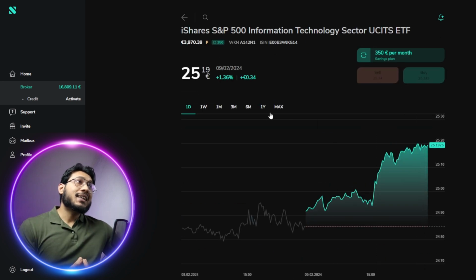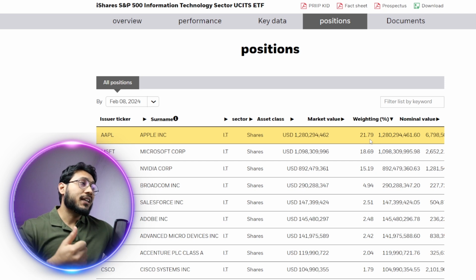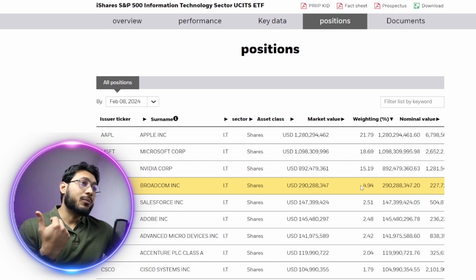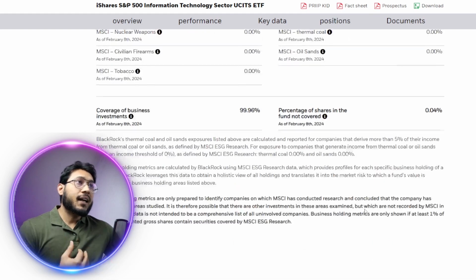I'm consistently investing 350 euros every single month with the help of a savings plan, as you can see here. This ETF consists of companies that are in the S&P 500 Information Technology sector. So the distribution looks like this. A single ETF of the S&P 500 Information Technology sector consists of Apple at 21.79%, Microsoft at 18.69%, Nvidia at 15.19%. Then there are smaller percentages of Broadcom, Salesforce, Adobe, AMD, Accenture, Cisco, Oracle, and there are many other